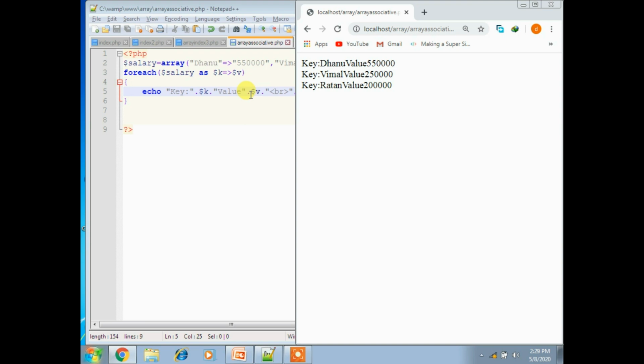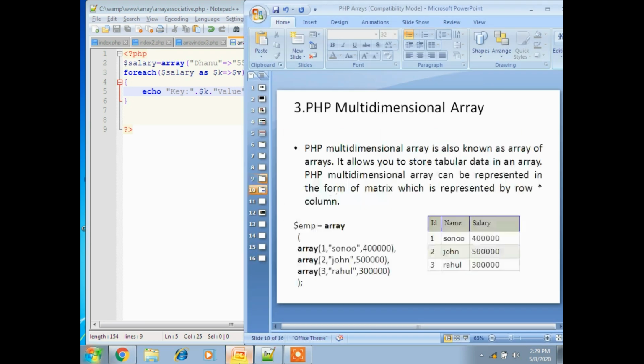Let's see a PHP multi-dimensional array. A PHP multi-dimensional array is also known as an array of arrays. It allows you to store tabular data in an array format. The PHP multi-dimensional array can be represented in the form of a matrix, which is represented by row by column.